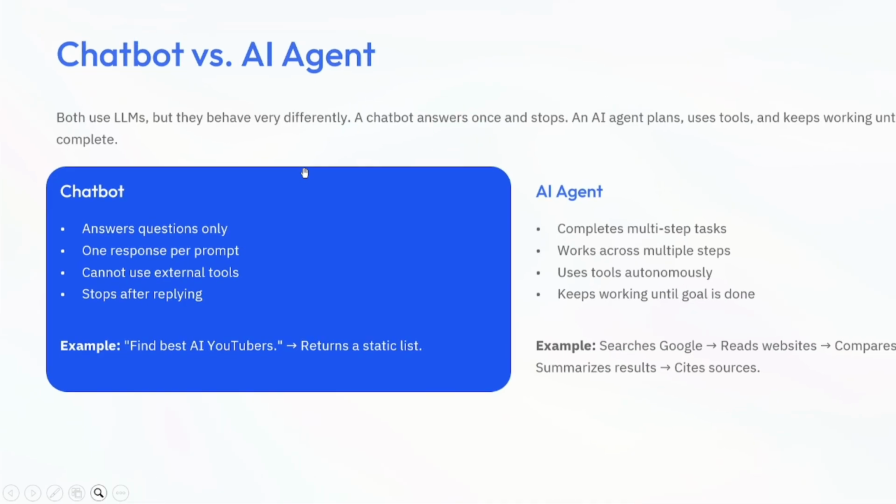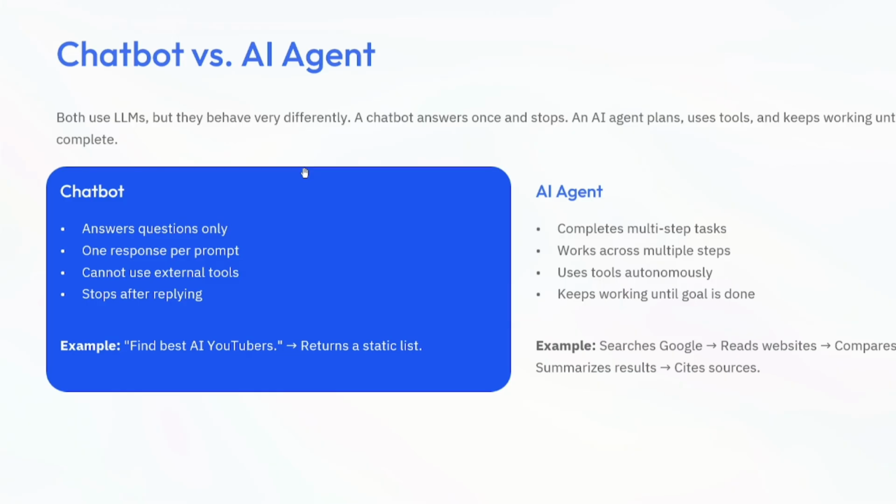A chatbot waits for your questions. You ask, it answers, then it stops. That's it. So if you ask some question, it will answer it, then it will stop. It doesn't continue working. For example, you say suggest 5 AI tools. The chatbot replies once, then it has completely finished. But on the other hand, if I talk about AI agents, now you can imagine asking an AI agent the same question that you have asked.